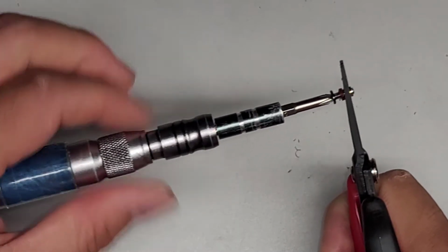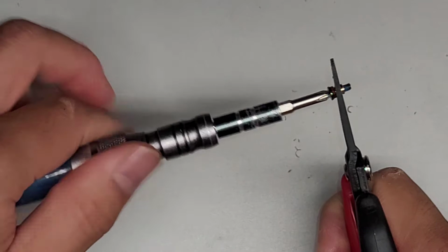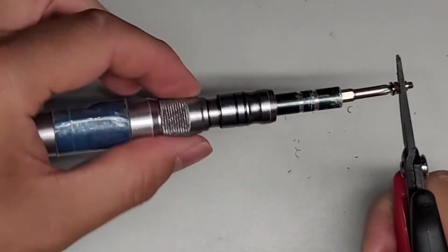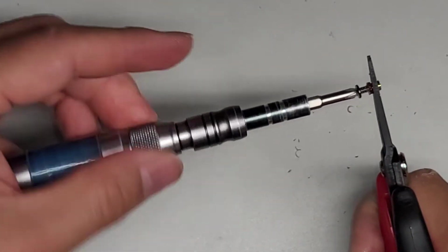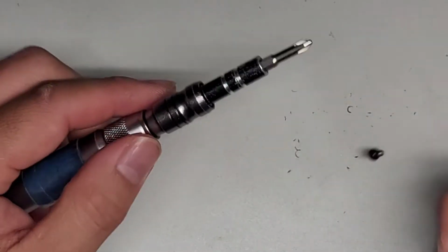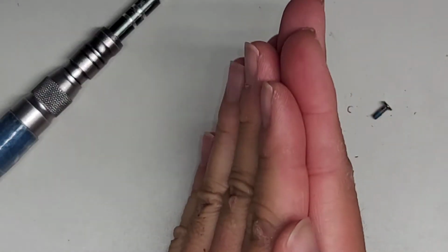We're getting to the red part, but I can still use 2 fingers. Initially when I went to remove it, I did have to use my whole hand. But now look, I can just use my 2 fingers and it comes out just fine. So this red stuff, it holds pretty well. I use this mainly just for the hinge screws, because a lot of times the hinge, when it's constantly